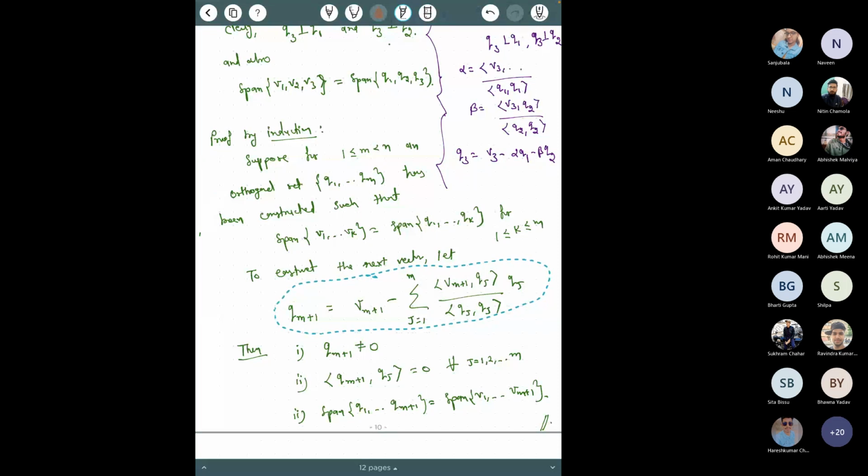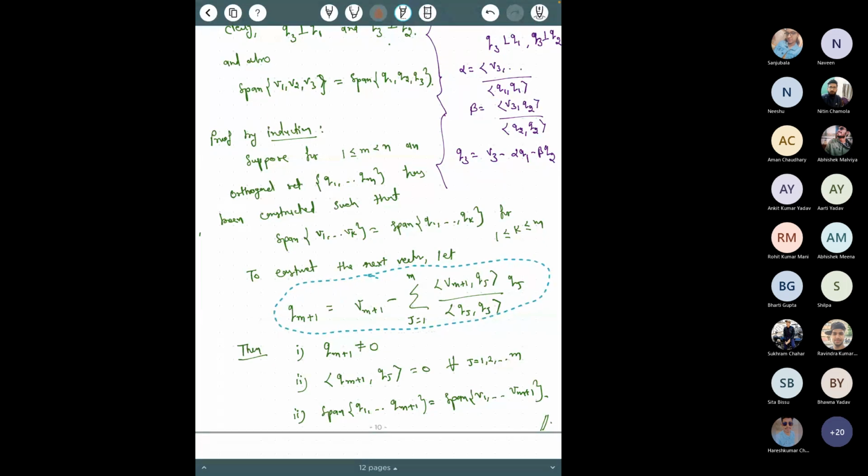Sir, so we take V1 equals Q1, and then proceeding this way, V2 minus alpha Q1 into Q2. Then Q1 Q2 equals Q2 Q2 equals 0. So that is 0 only. Q2 cannot be 0, na? So the inner product of Q2 with itself is 0 if and only if Q2 itself is 0.